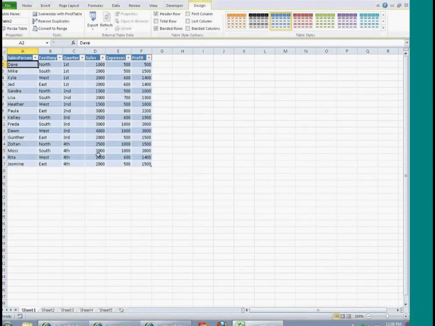Now to build my pivot table. To build my pivot table, up top, you'll notice that there's a button. It's called Summarize with Pivot Table. All I have to do is click it. That's it. Once I click Summarize with Pivot Table,